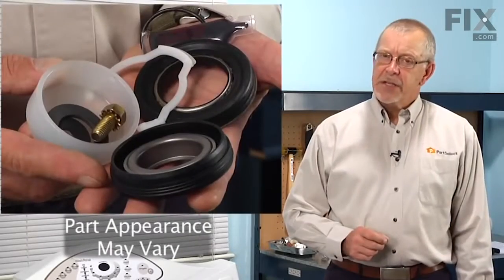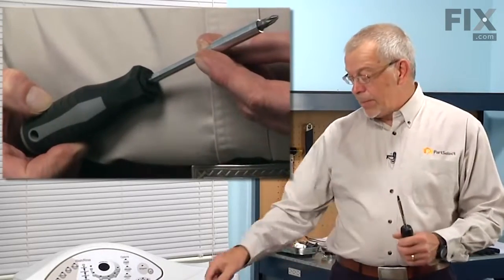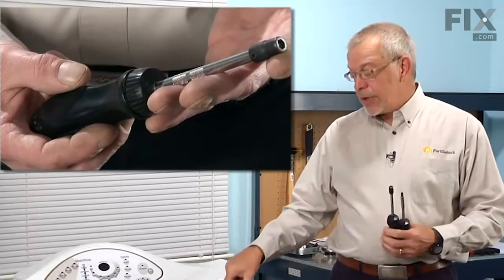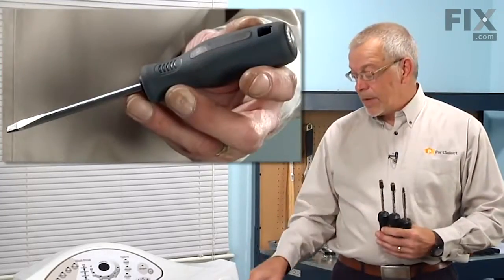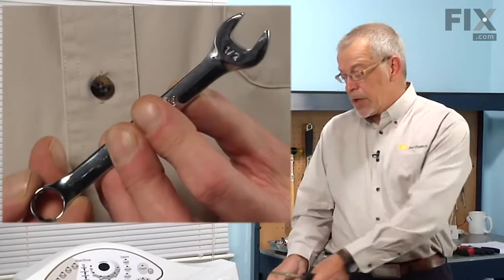Today we're going to show you how to change the lip seal kit on your washer. It's a really easy job. All we're going to need is a Phillips screwdriver, a 1/4 inch nut driver, and a 5/16 nut driver, a large flat blade screwdriver, a 9/16 wrench,